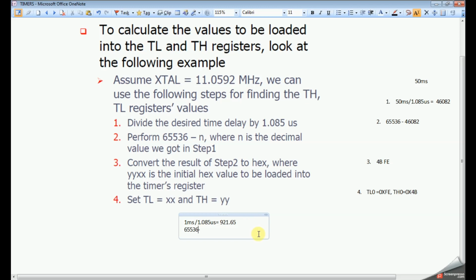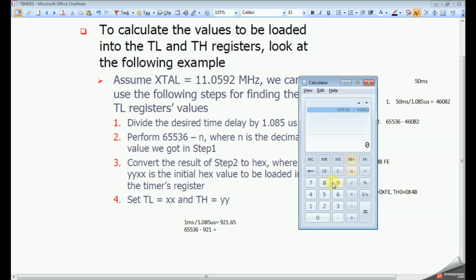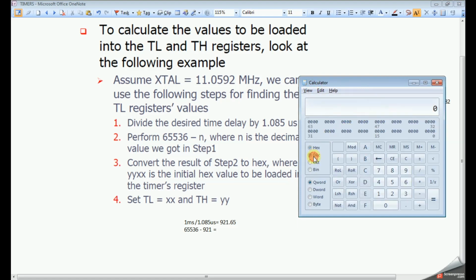You can use 921. On the calculator, 65,536 minus 921 gives this value. Copy this, and if you see the equivalent hexadecimal, you will get FC67.